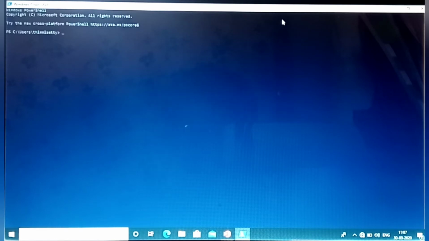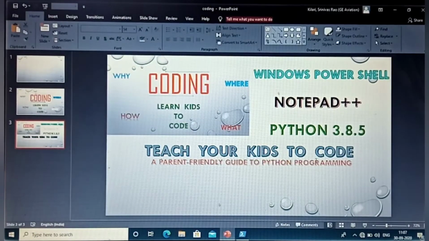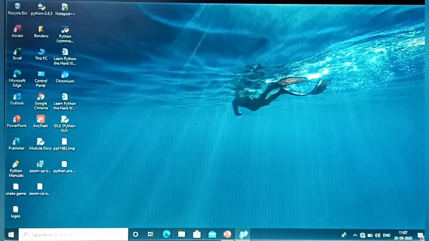Next we want to install one app, that is Python 3.8.5. I already told you, Python 3.8.5. See here, Python 3.8.5. This 3.8.5 is the version name. This Python app contains so many versions. 3.8.5 is a fairly advanced version, and 4.4 is also there. If we install this version, we can do our coding easily. So install this Python 3.8.5 version, and we will now open PowerShell.